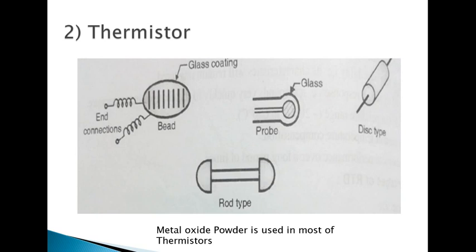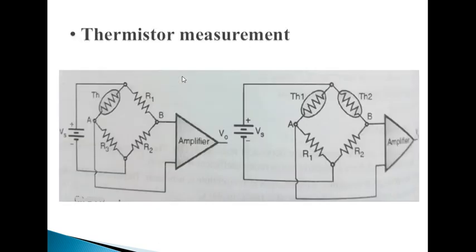Whatever bridge we have seen, that is a Wheatstone bridge. In that bridge, if you simply replace that RTD or that PRT with a thermistor, the whole circuit will work again the same way. The equation will change as you change the position of the thermistor, but you can see the arrangement, and as per that arrangement the equation will change, and as per that equation the voltage will change. I think you got the basic idea of this one.